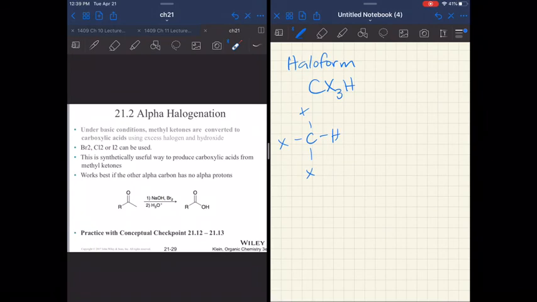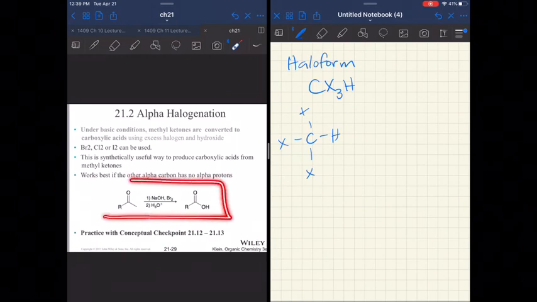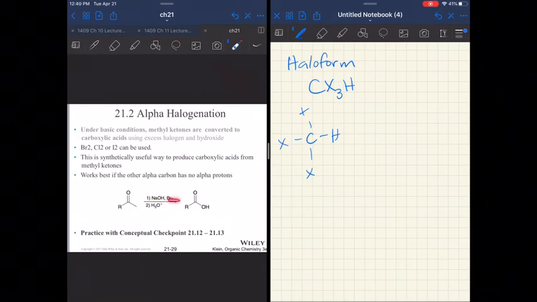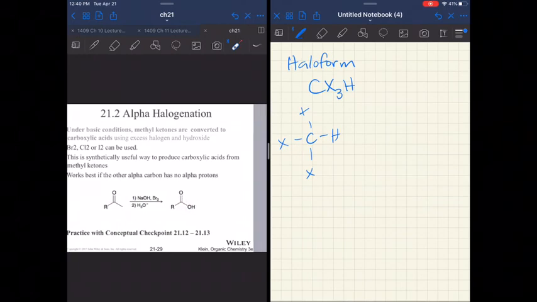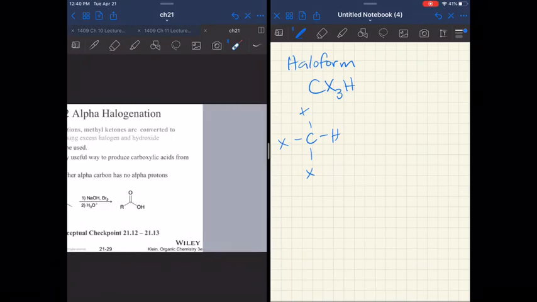So it's not a great reaction for synthesis, but it is an interesting reaction to test for certain functional groups. So I would want you to know, I'm not going to ask you that mechanism, it's very long, but I would ask that you know this reaction, right? So basic conditions, halogen, work it up with acid just to make sure this is protonated, and you can take a methyl ketone to a carboxylic acid. We will start with